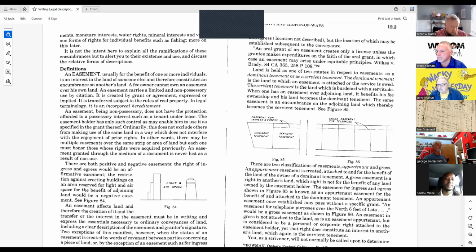One of the other things in 12.4 that Wattles points out is overburdening. Having too many easements in one area or on one property where it becomes essentially useless, right? Or you can't even fit that many utilities in there. So that's just something else to consider, from a design standpoint, or even as you write easements.